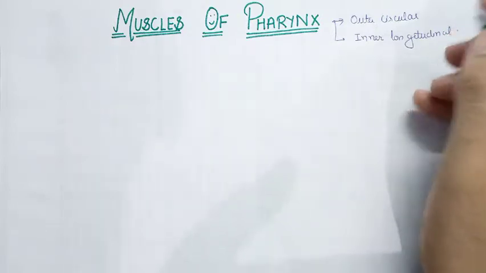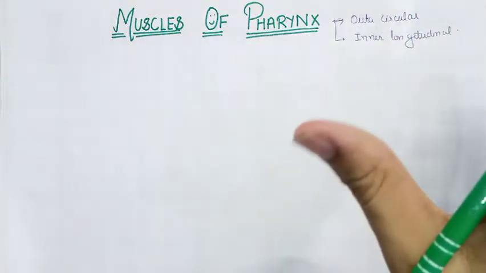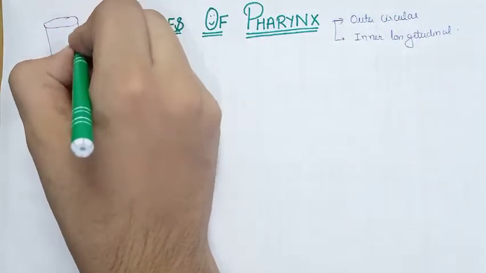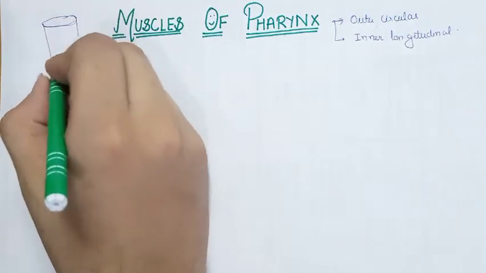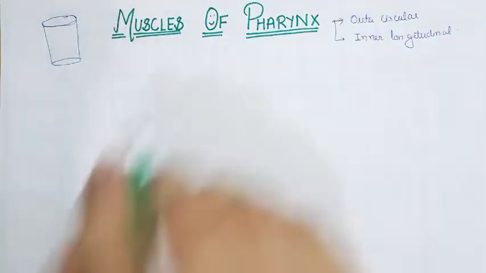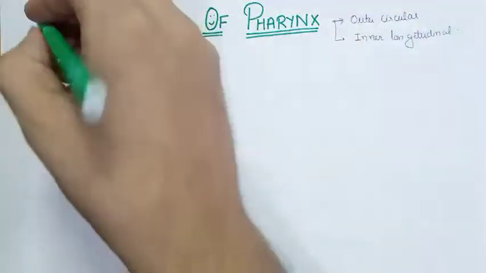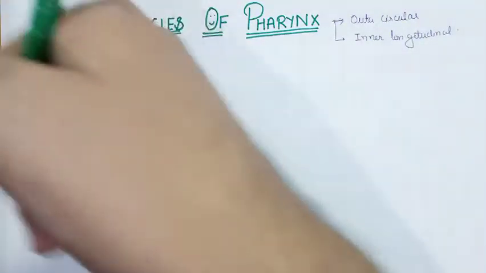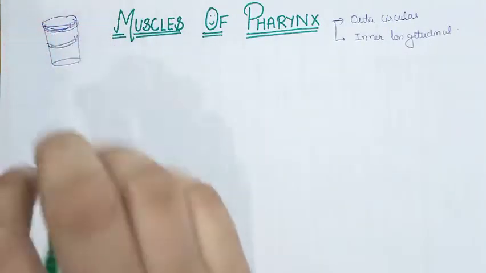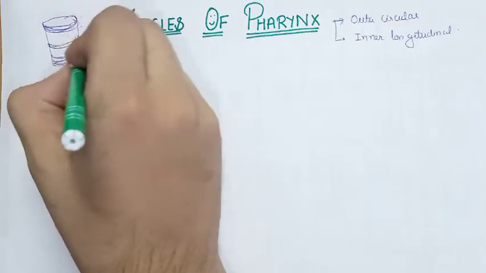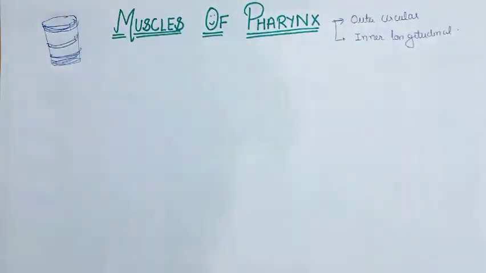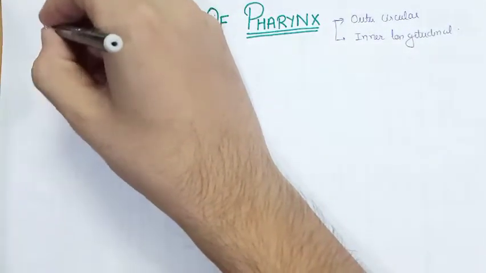So how do we picture the orientation or position of these muscles in the pharynx? Since the pharynx is a fibromuscular tube, just imagine it as a tube which has an upper end and a lower end. As it is the shape of a funnel, I have made it slightly slanted. The outer layer has circular muscles whirling around the tube. So we have 3 pairs of outer circular muscle and 3 pairs of inner longitudinal muscle. The circular part is arranged like this, all around the tube, and the longitudinal muscles are arranged along the length.